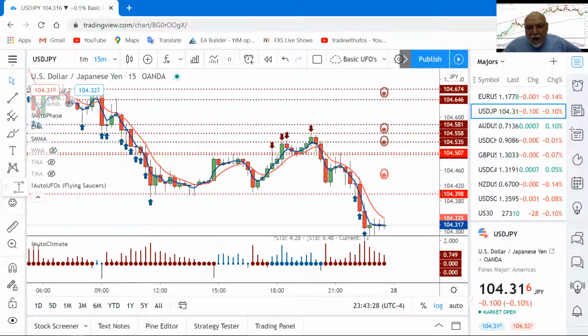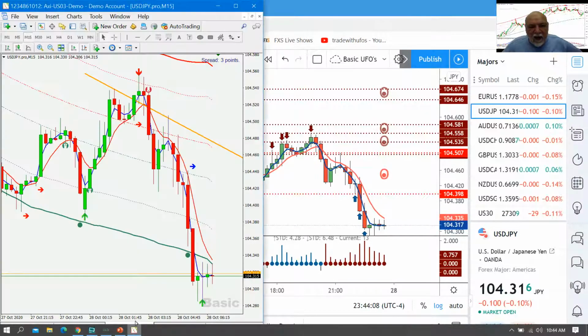A lot of selling up above, and you can see we've got a lot of overlapping on the UFOs, a lot of UFO overlapping. And so with the overlapping, you need to kind of combine them. So this is a big sell area down in here. There's where it's got some space between. So a stop would be up in here. Doesn't look like there would be a lot of opportunity for us to take a trade in this particular pair.